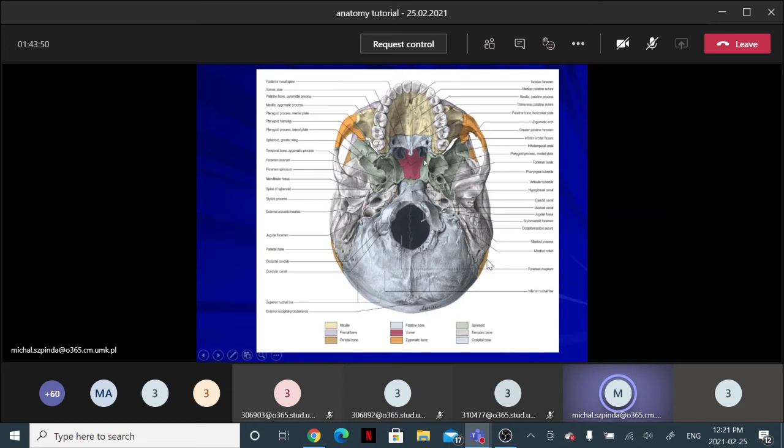We cannot see the lesser wings here. Apart from this, posteriorly, we can see a very small area referring to the underside of the sphenoid's body, because